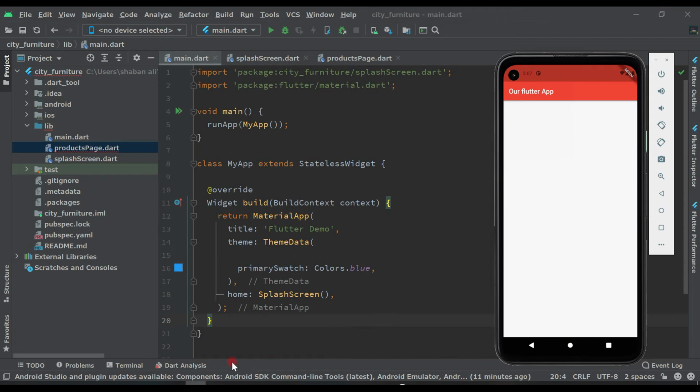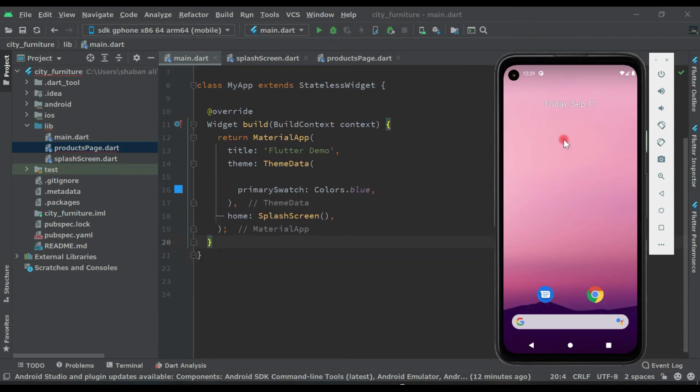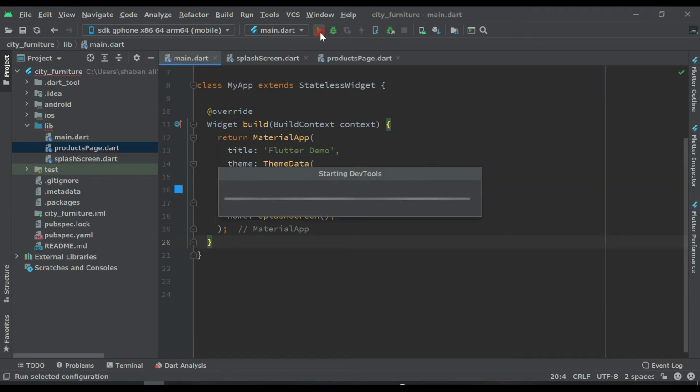It will take some time in the beginning, the first time, because it's compiling and making your code into a block, so we have to wait a little bit. Now our virtual device is open. Click here on run, this one. Now it's starting DevTools, and you will see here it's progressing and making your code into the block so that it will appear on the screen of your phone.